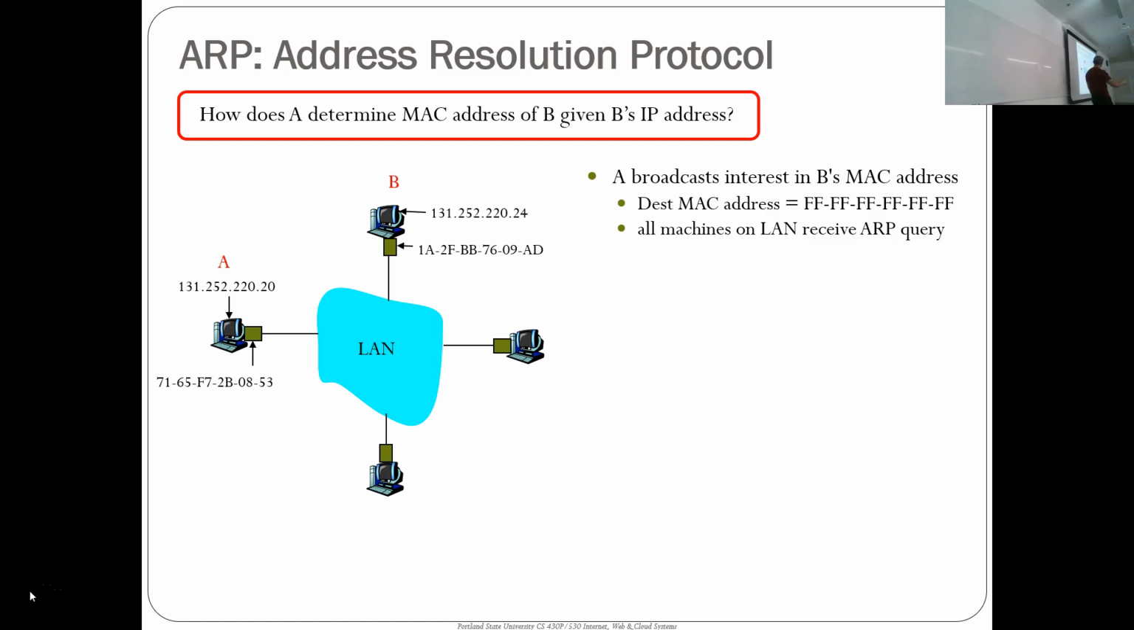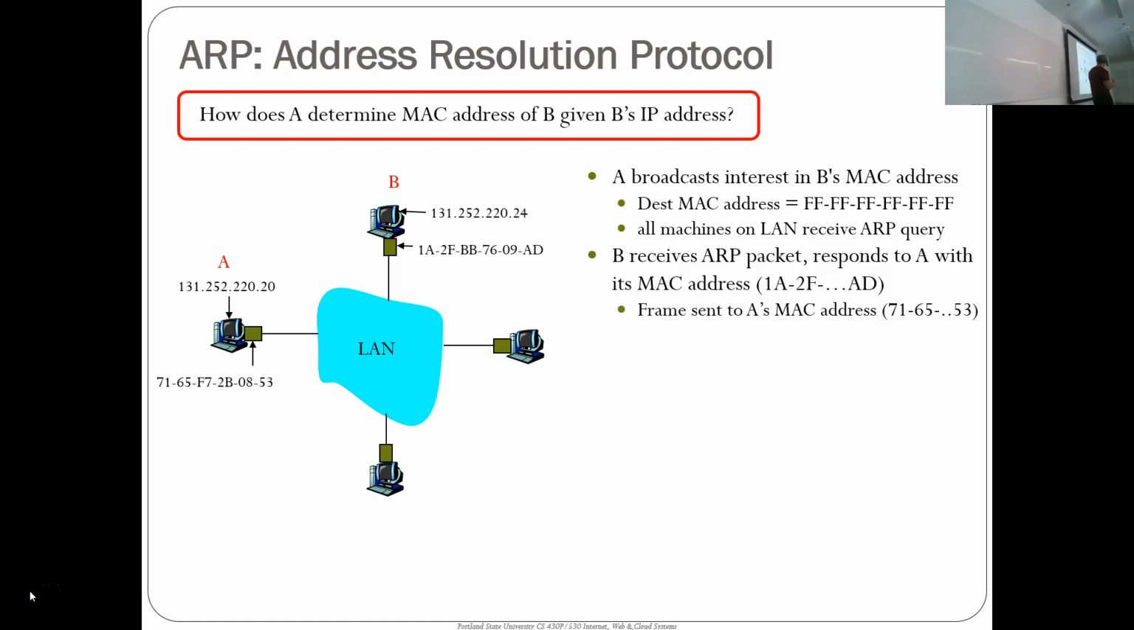It broadcasts saying, hey, you know what? I need the MAC address for 131.252.220.24, and it sends it to everybody. And then all of the machines will receive this query. And when B receives it, it sees that it actually is the person, or the machine, or the router that it's being asked of. So then it knows its hardware address, and it will return it directly to A using